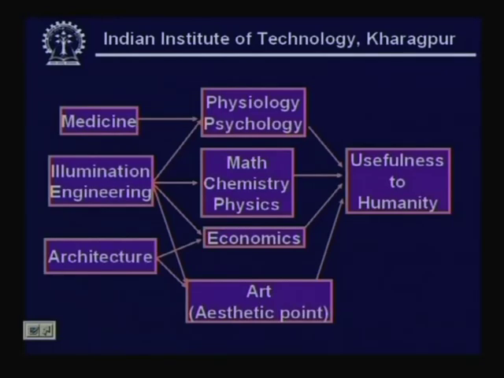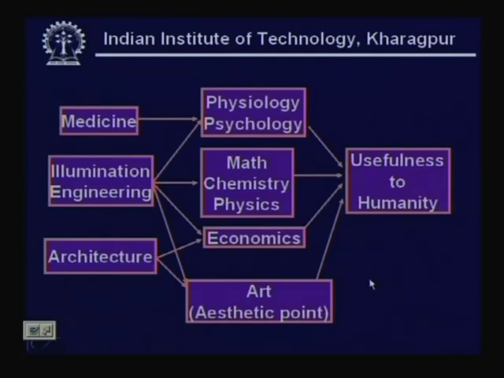Let us take the first profession, the medicine, which is helping us to live a healthy life, and is basically involved in the application of sciences of physiology and psychology to address the usefulness to humanity, which is somewhat empathic in nature. Coming to architecture, it needs economics together with art to be able to provide proper ability of architectural facilities